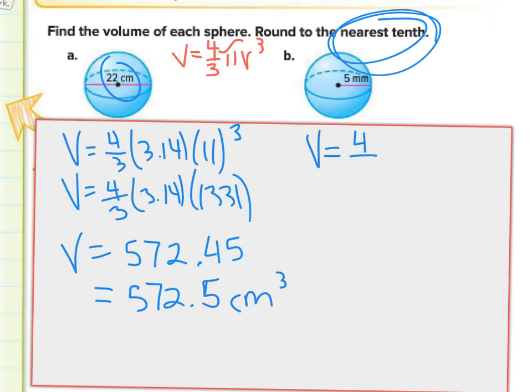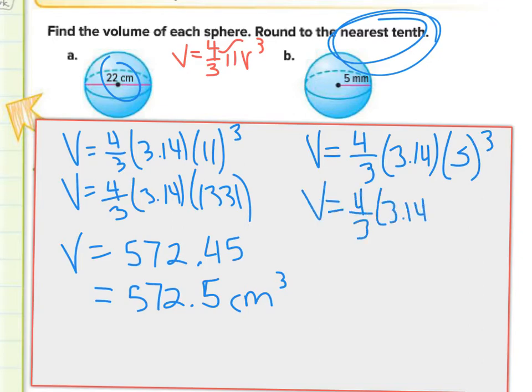Volume equals 4/3 times 3.14 times 5 cubed. Volume equals 4/3 times 3.14 times 125. 5 times 5 times 5 is 125. And volume equals